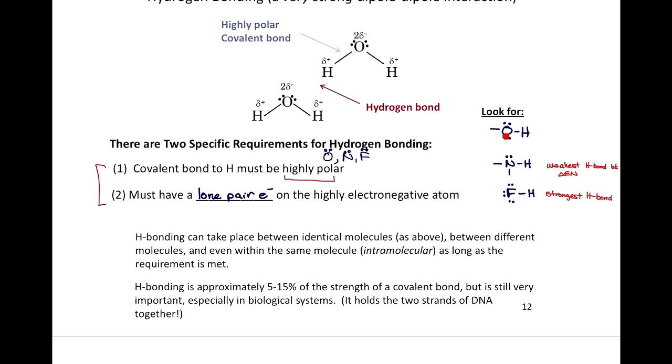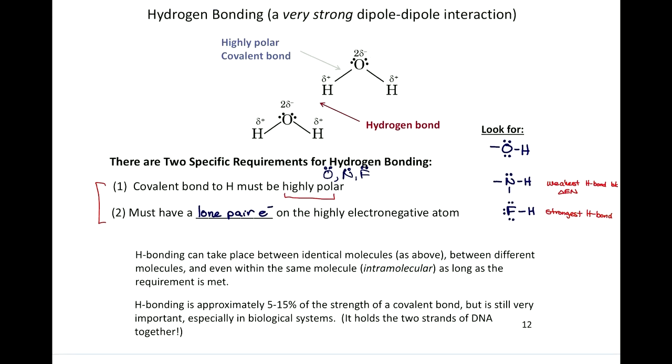You're looking for an oxygen bound to a hydrogen, a nitrogen bound to a hydrogen with those lone pairs, or fluorine bound to a hydrogen. If any one of those groups is present in a molecule, then you fit the criteria for hydrogen bonding. So it can't just be any hydrogen. It has to be hydrogen attached to oxygen, nitrogen, or fluorine, and there has to be a lone pair present, right? So this is the attraction that's going on, and this hydrogen bond is just a special case